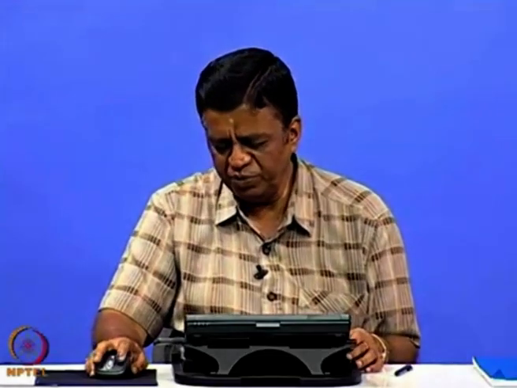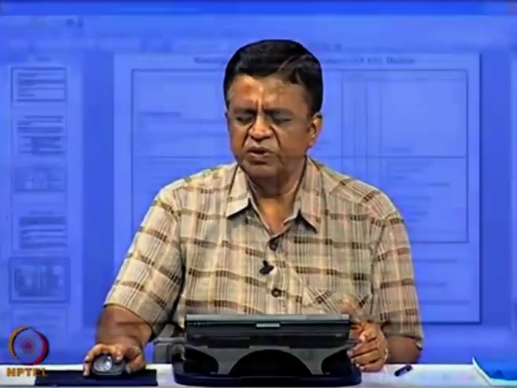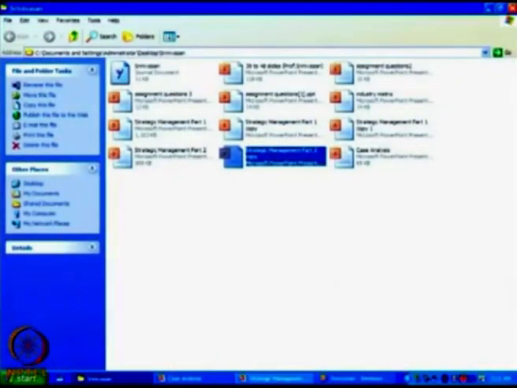Now, using all this, let us say we want to do a case analysis. This is a very important component of any course in strategic management or in marketing management, or in fact generally you can say it is an important component of any management subject. So, you do a case study. Now, what is meant by this case study? I will highlight a few points on this now.